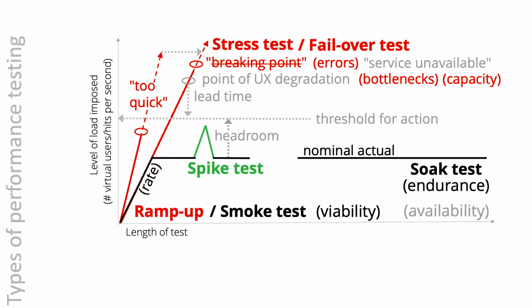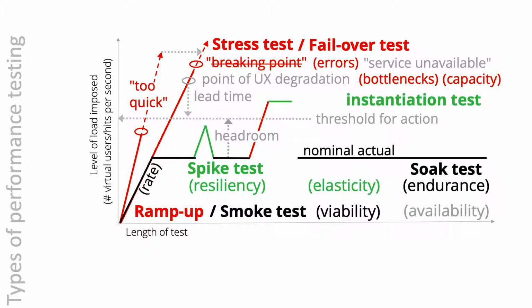We do spike tests to verify resiliency, the ability of the system to absorb sudden temporary spikes in load while maintaining adequate response time. The system should then return to previous levels of memory usage when back at the nominal rate of operation. If we operate a cluster of servers, we need to make sure we have the elasticity we hope for. In an elastic cloud environment, we need to ensure that our configurations can indeed instantiate additional capacity on a timely basis. Tests of elasticity should also include uninstantiation tests to make sure that instances are indeed reduced when load recedes below the threshold limits,